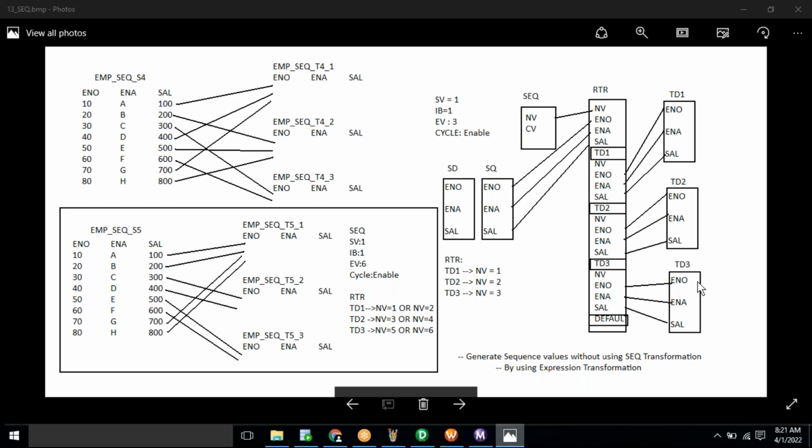Right? Next, seventh record. Seventh record it will send to the router. Parallelly, sequence generator: what is the next value for the seventh record? It will be 0 plus 1, again 1. So we will get 1 here. So for seventh record we will get 1 and first group condition will satisfy and it will be loaded into